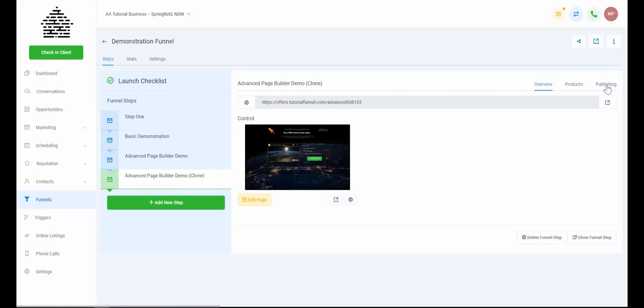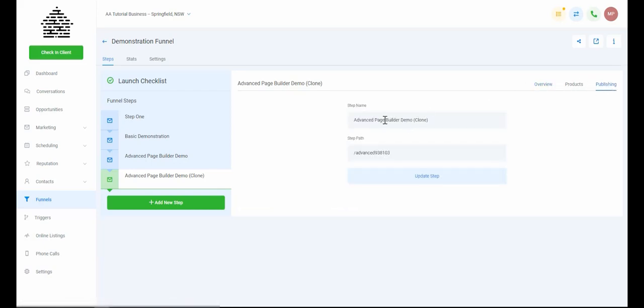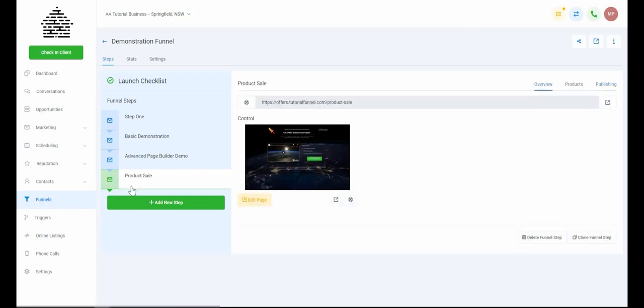To change what it's called, we go into publishing and change it. I'm going to call this the product sale, and we'll change the URL, the path to it, to product-sale. When we update the step, you'll see this reflect over here on the left as well. Before we actually add a product to the page, we're going to edit the page so it can actually handle a product. So we're going to go into the page editor